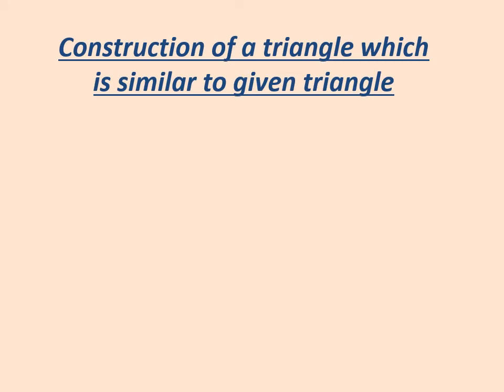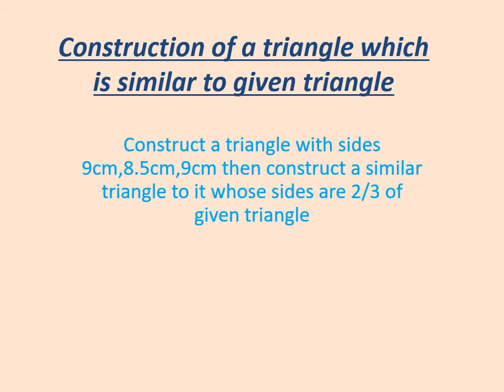Today I am going to explain how to construct a similar triangle to a given triangle. For that I am taking a triangle with the sides 9 centimeters, 8.5 centimeters, 9 centimeters. Then I am going to construct a similar triangle to the given triangle, and the sides of this similar triangle are 2/3 of sides of